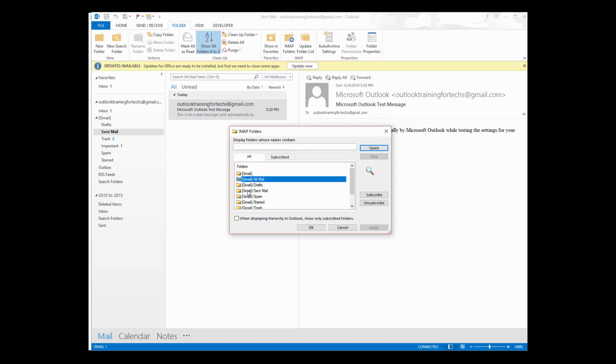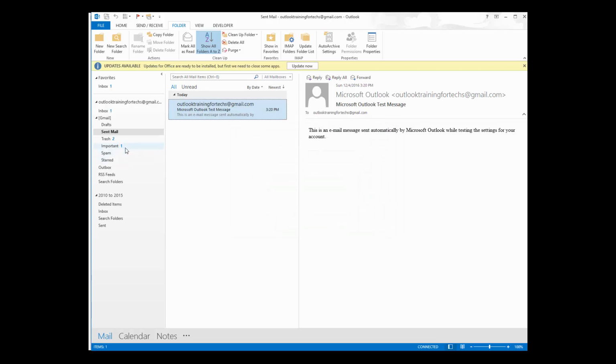Well, they need everything, of course. So this is not always the fix for people because they want all of their folders. It's very important to them. But you can run a query here, and then you can go to the subscribed, and you can run the query again, and you can click on it and unsubscribe, and then click this box, only show subscribed folders. But if you're doing this kind of work for somebody, you probably just want to move their mail to a local PST file and get a fresh download from the server,